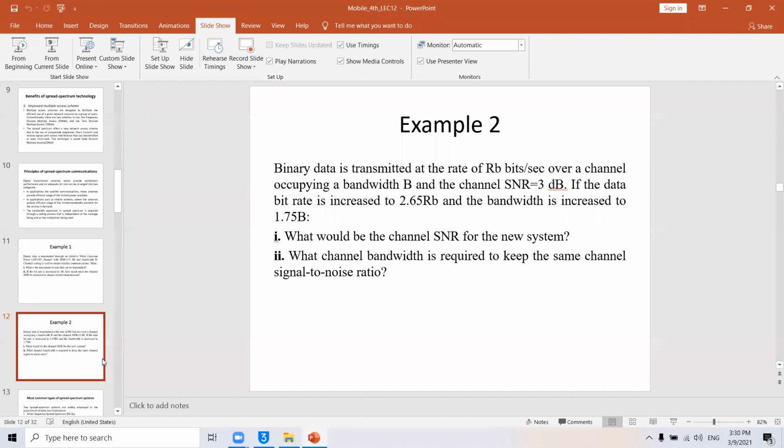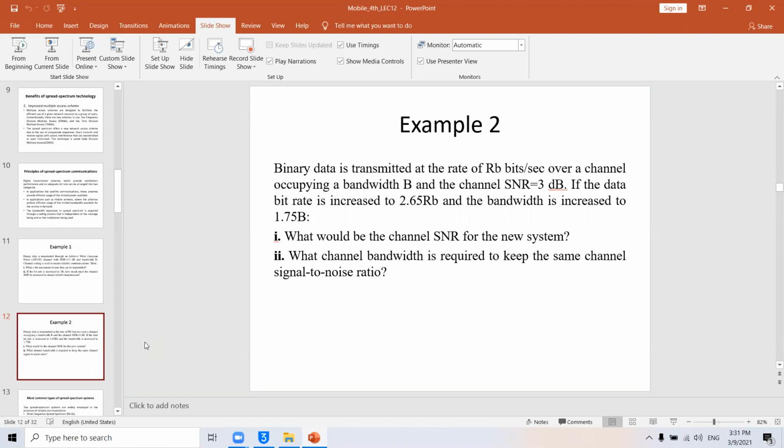Now, for equation number 2, what channel bandwidth is required to keep the same channel signal to noise ratio? Okay, so in the second branch, we have to determine the channel bandwidth B required to keep the same channel signal to noise ratio. Now, look at the second line of the problem. It talks about the data bit rate being increased to 2.65 RB. So we can construct another equation. The second equation will be simpler than the first equation. Why? RB is already given, so it is 2.65 RB equals